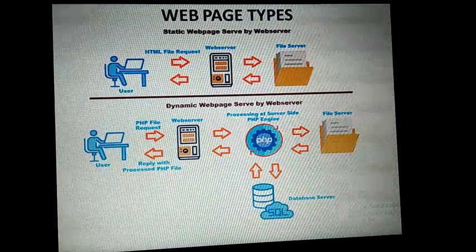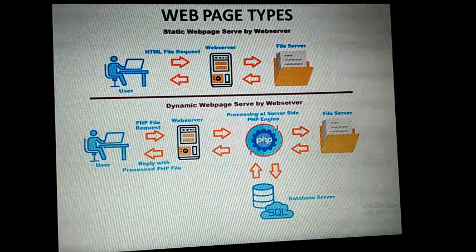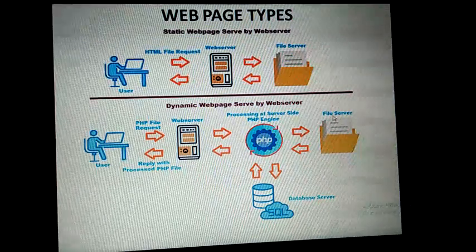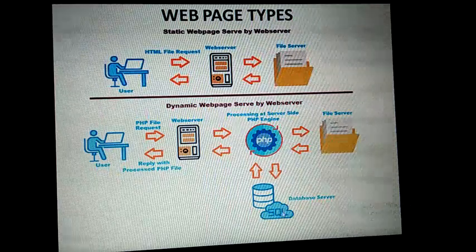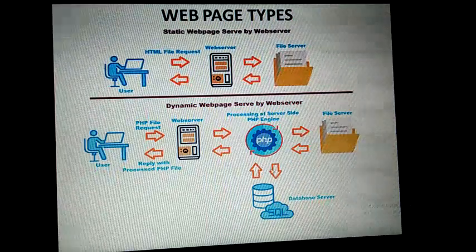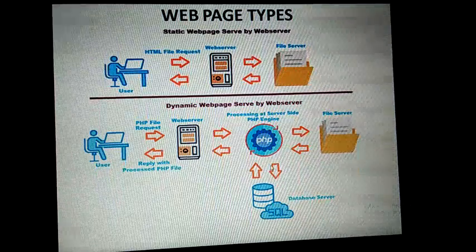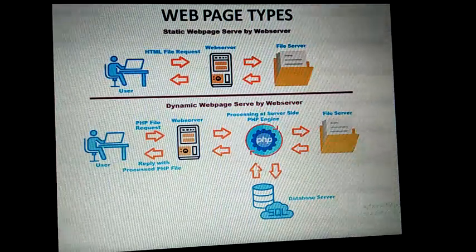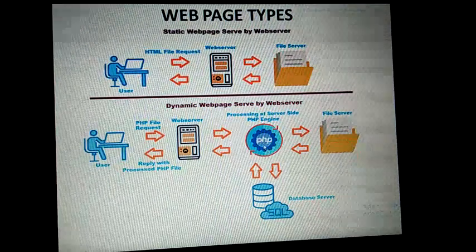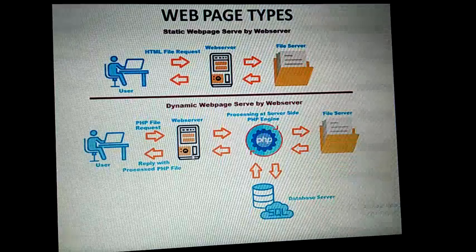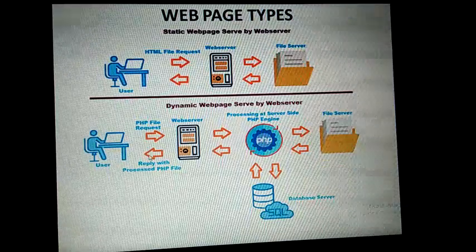So the PHP engine, or server-side engine, connects to two types of servers, file servers and database servers. From multiple servers it can pass the request, get the answer from the corresponding servers, and then return the response to the corresponding request.